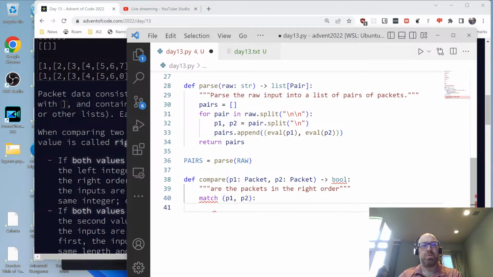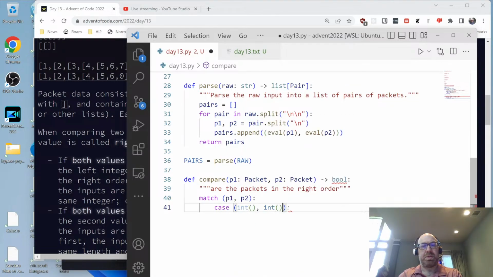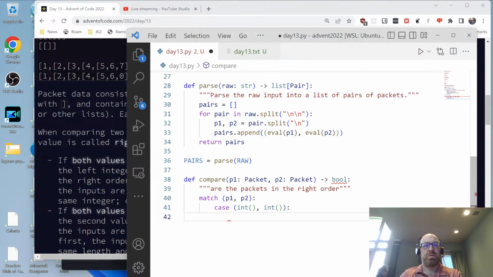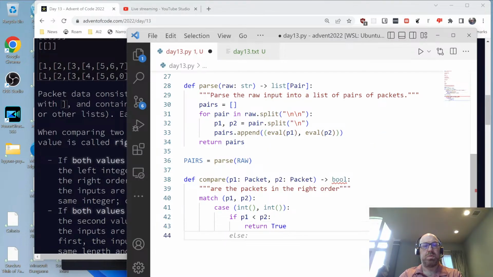P1, P2, okay, case int, I think that's right. The lower integer should come first. If P1 is less than P2, return true. If P1 is bigger than P2, return false. Else,